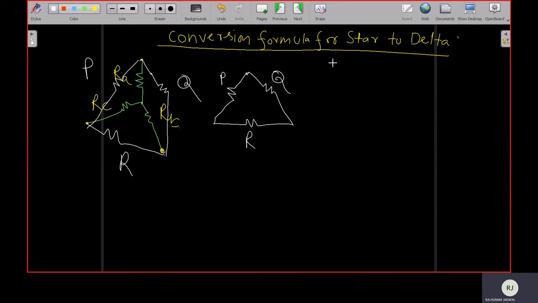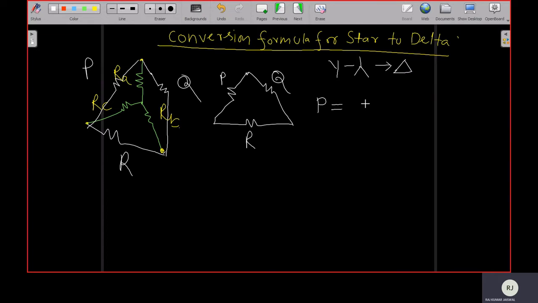Keep in mind, guys, star is represented by a Y also, or this way also. Then you can see here, consider this the large one and this the small one, meaning it is spread out more, that's why I consider this the large one and this the small one. This is how we should remember the formula. If the large one is going to convert into the small one, then the formula is P equals, you can see here, what is connecting with P.